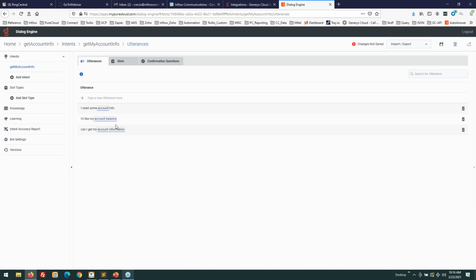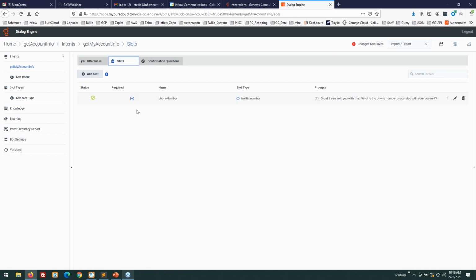This is how the system says, hey, when I see the communication, and now that I've identified three options where it says account, it's going to know that anytime it sees the word account, that's my keyword, or balance or information, it's going to say, great, I'm going to ask for your phone number, and that's why I have my slot here. You'll also notice the slot is flagged as required. Now let's go on the right, save our bot. Now what our bot is doing is learning. Our bot is going to take the information we've just typed in and will let me know when it's ready so I can test it.